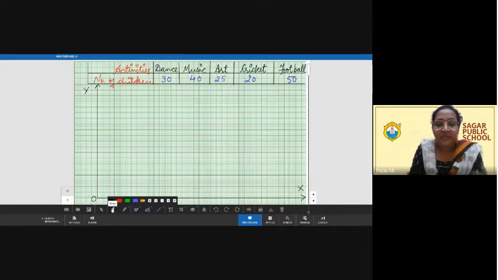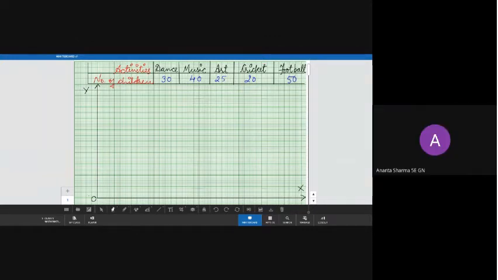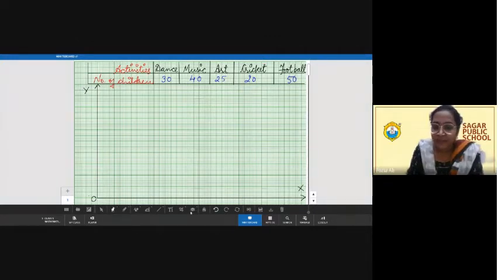Okay, now the next step is you have to look at the data. Data means the numbers which are given to us. So you just have to find out our numbers are ranging from 20 to 50, isn't it? The smallest number is 20 and the highest we have 50. So what could be the best scale which we can take over here? Leave 10 numbers. Yes, we are going to take the scale of 10.